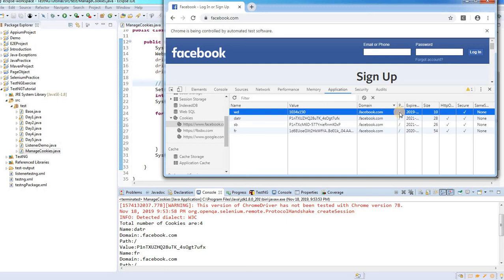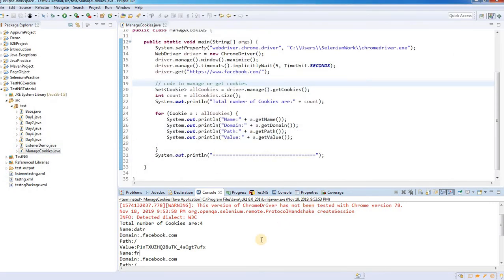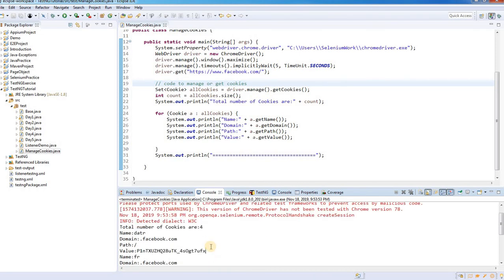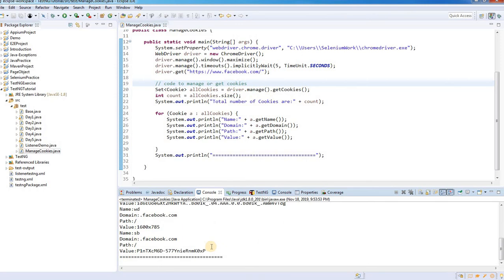Okay, so you can just match all those things. That's how we can see it. It's 4 attributes. We found 4 cookies, and for each and every attribute we found some values. This is the first one, and then